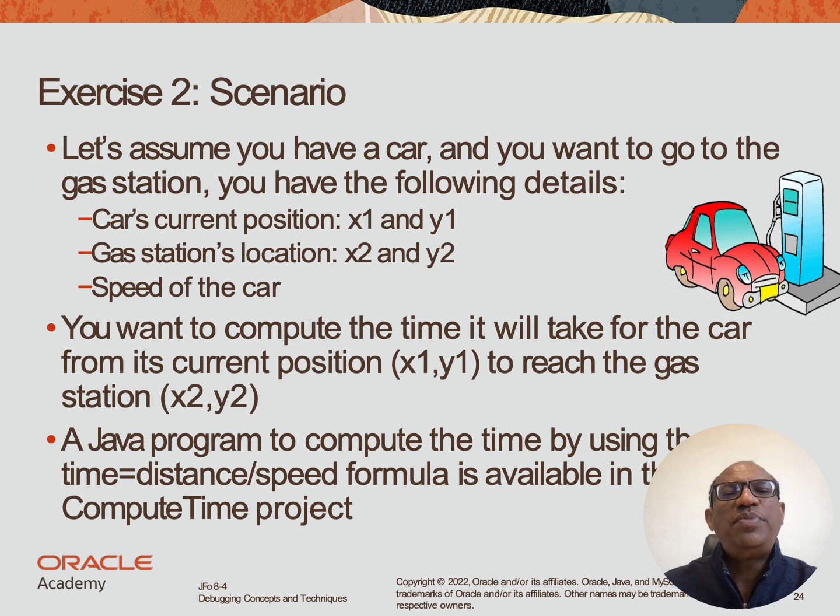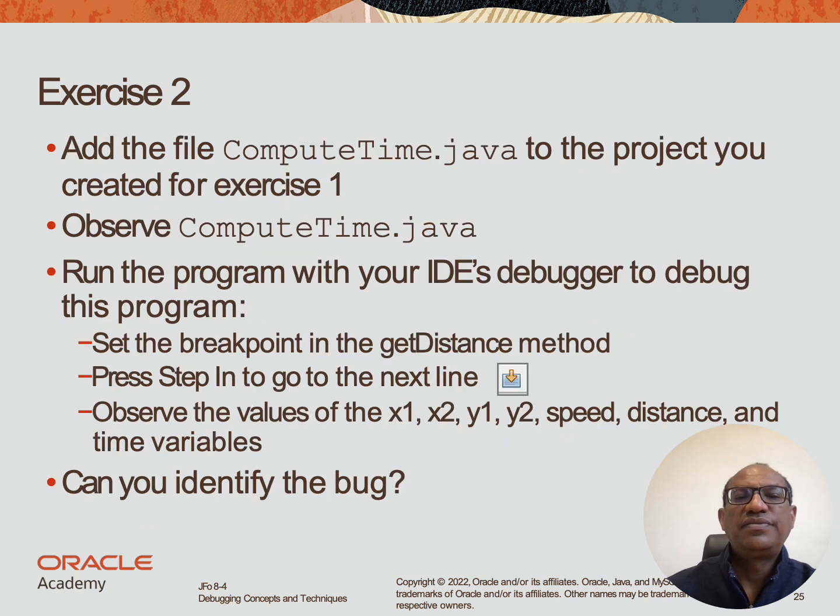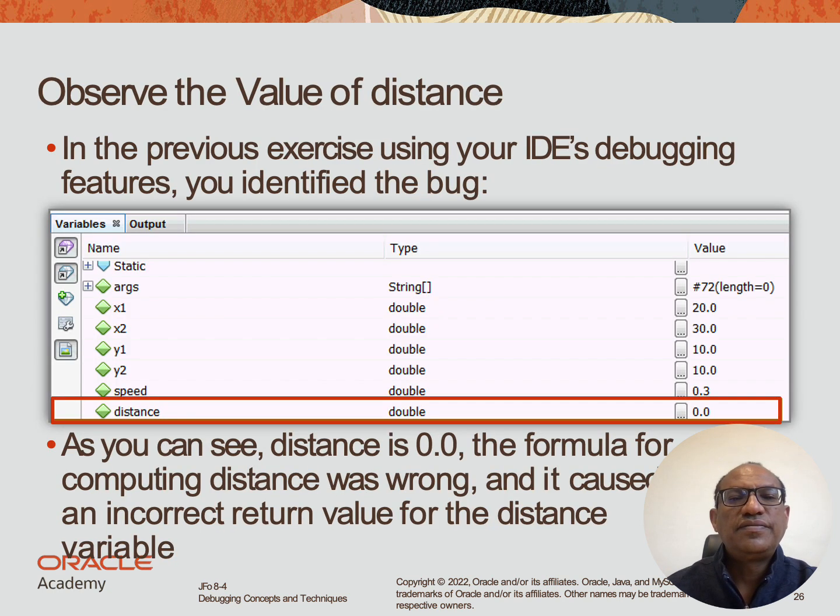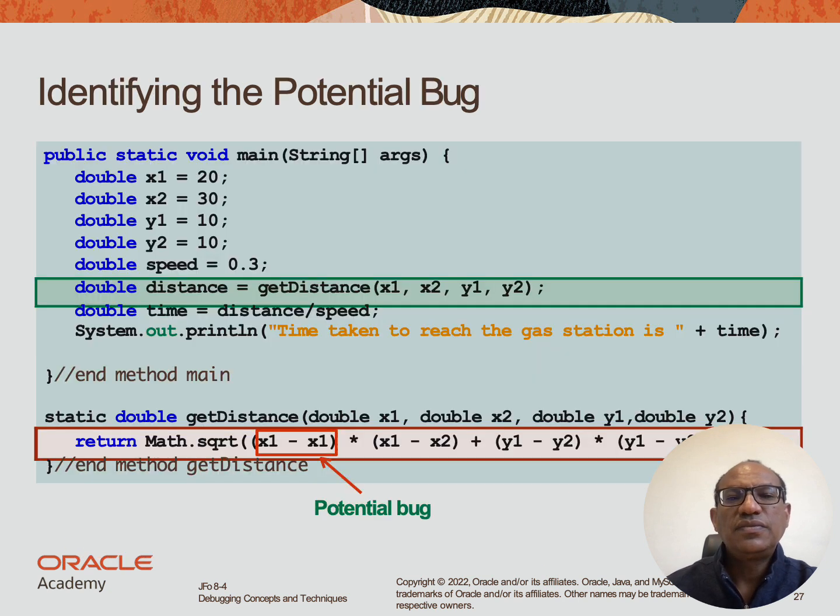In exercise 2, open the ComputeTime.java project. The program calculates distance equals the square root, then time equals distance divided by speed. Step into the getDistance method and watch the values. Can you spot the bug? Observe the value of distance. Here's the bug: